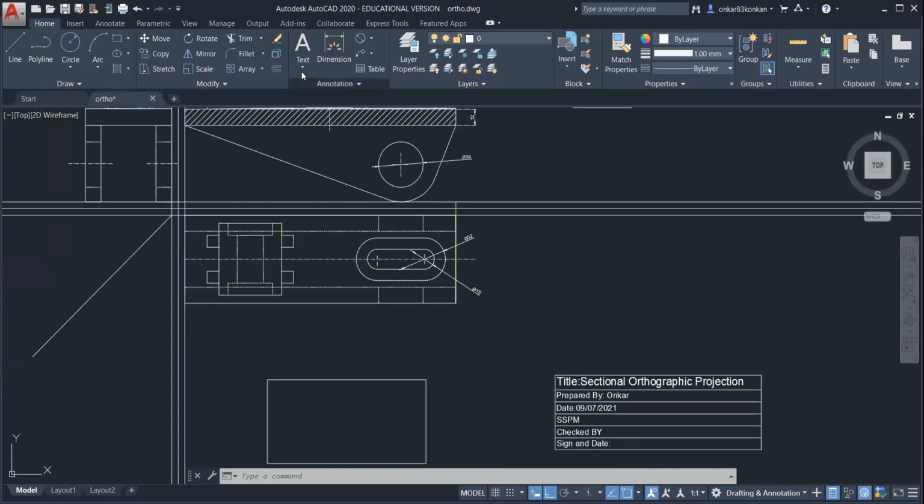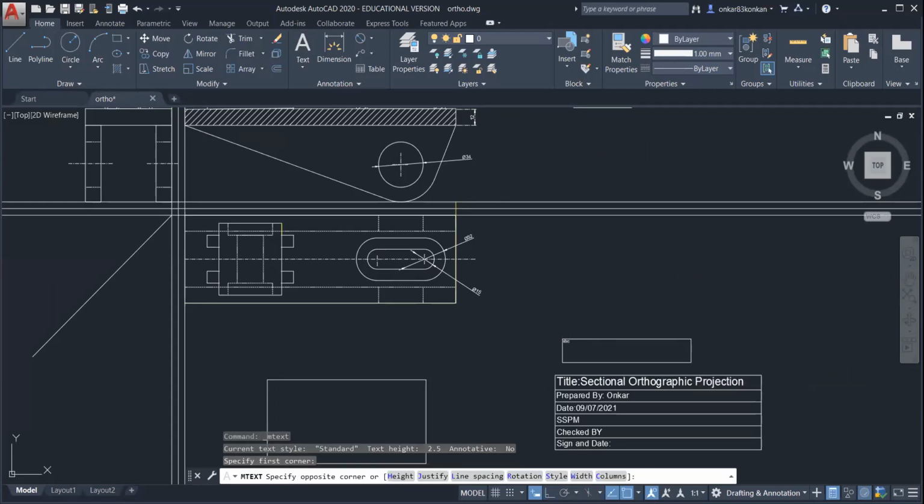So to enter it, you can select the text. For the text, just create the rectangle. No need to use the separate rectangle command.